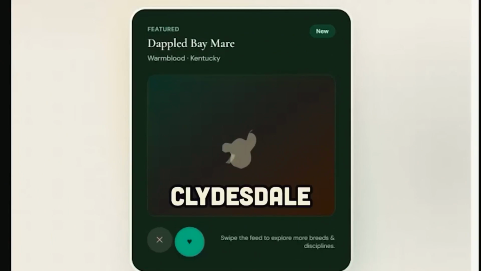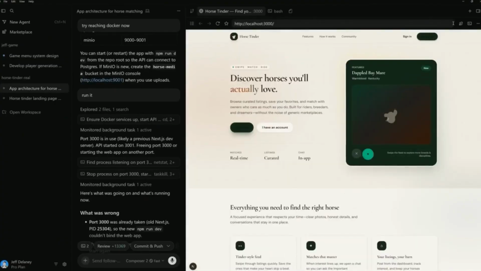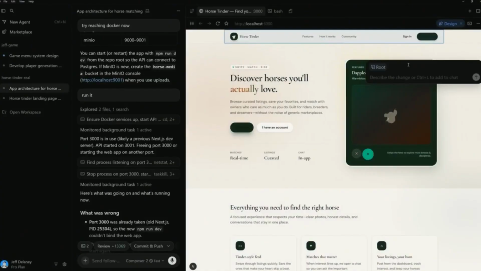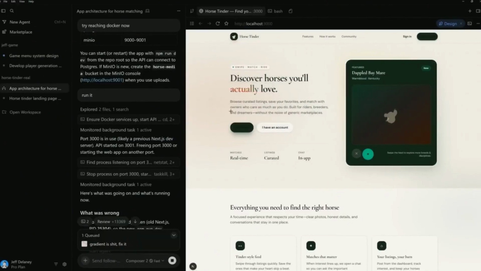As you can see, it comes with a perfectly rendered SVG graphic of a Clydesdale. But all in all, the design is horseshit. Luckily, we can just jump into design mode and start asking for fixes, like I can't see the text on these green buttons. And rather than trying to fix the CSS manually, I just highlight the element and tell AI to fix it. And it does the work in the background. I don't even have to wait for the final result. I can just keep queuing up other fixes. And so after a few minutes of doing that, I created a billion-dollar social media company that will make the world better.